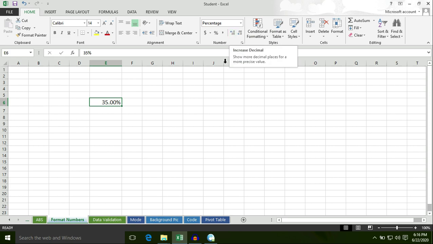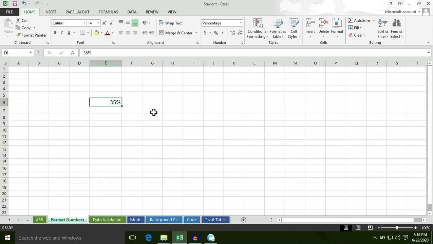You can also increase or decrease the decimal. I want to increase the decimal. I have two options here, decrease decimal or increase decimal. Click on decrease decimal. Now the decimal is removed. Now I have a 35%.